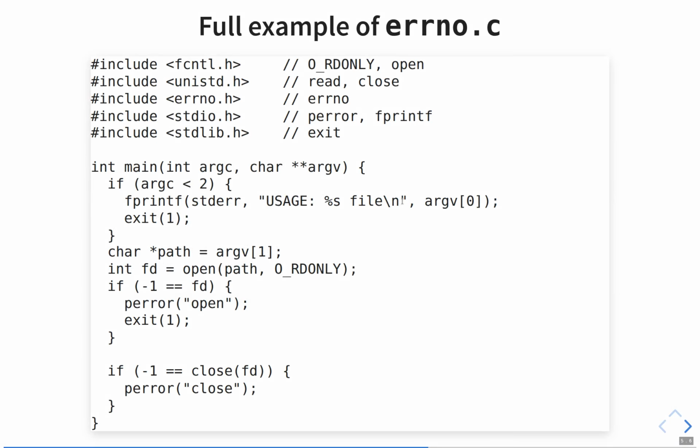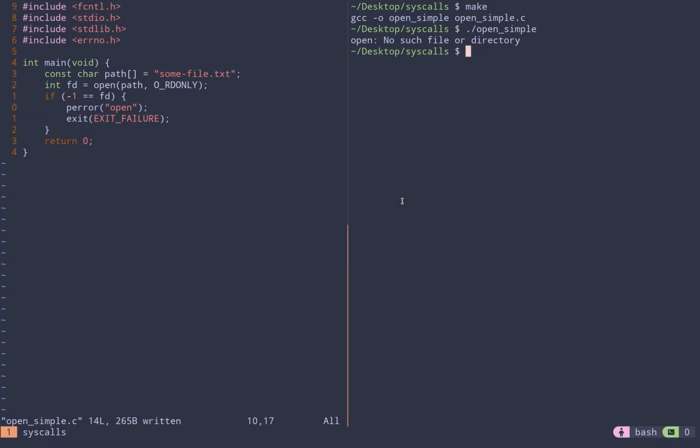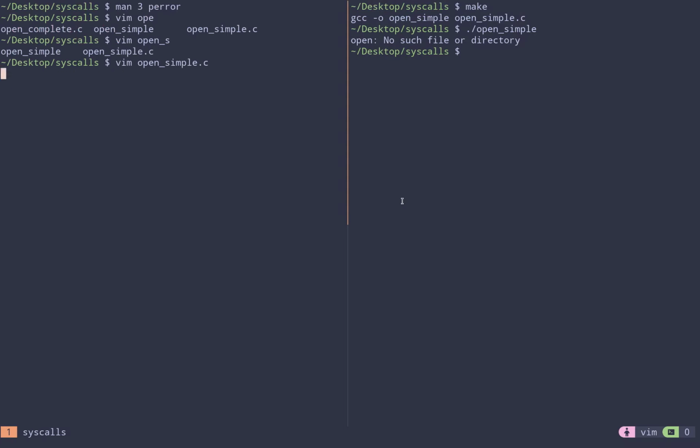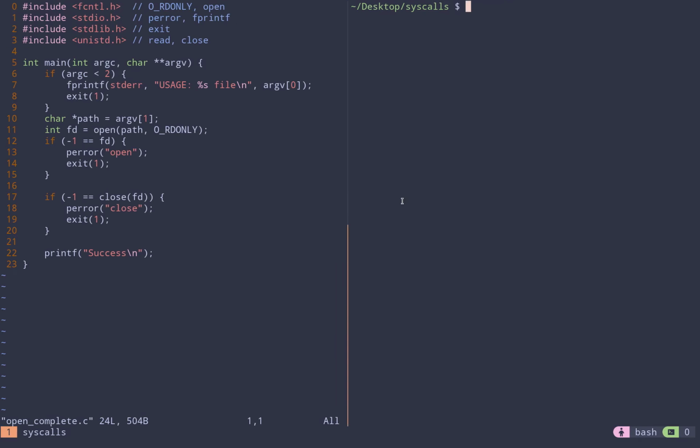Now let's look at a more complete example of using errno. So I'm going to open this other file here, open complete. And this one, let's walk through it. Now we have a main function that accepts two arguments, argc and argv. So argc will be the number of arguments passed to the program on the command line. argv will be the actual arguments themselves. And by convention, argv[0] always contains the name of the